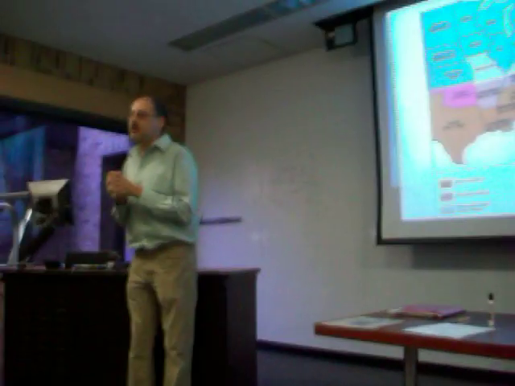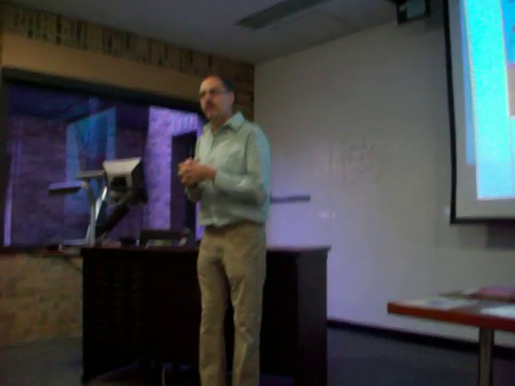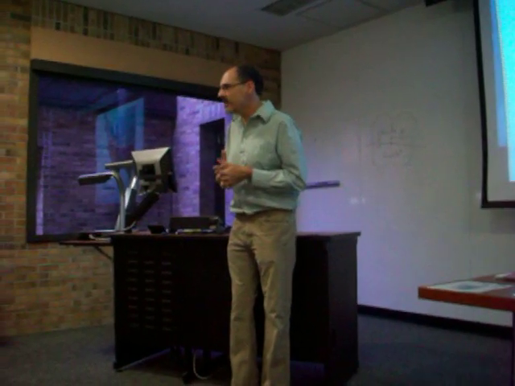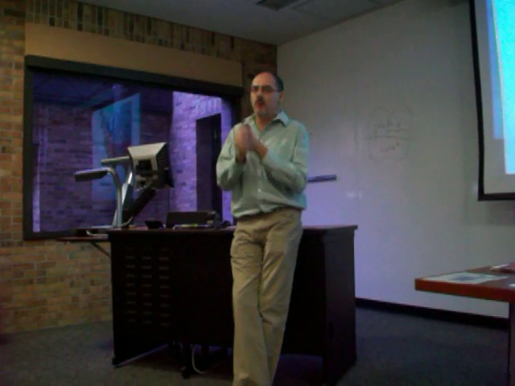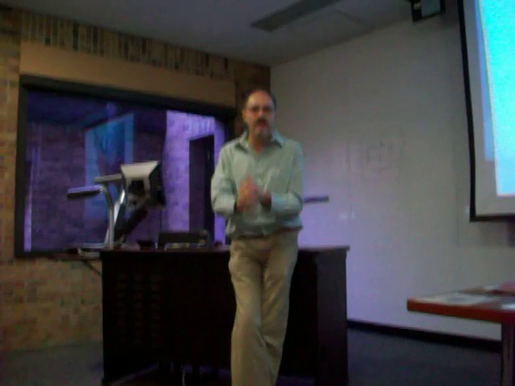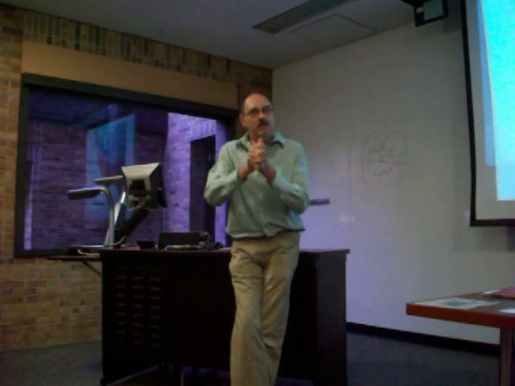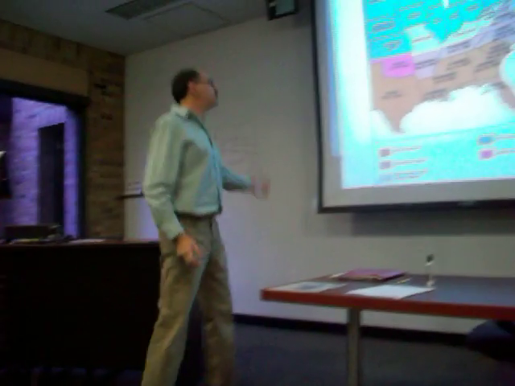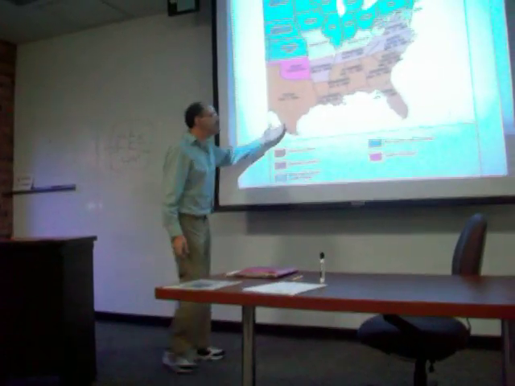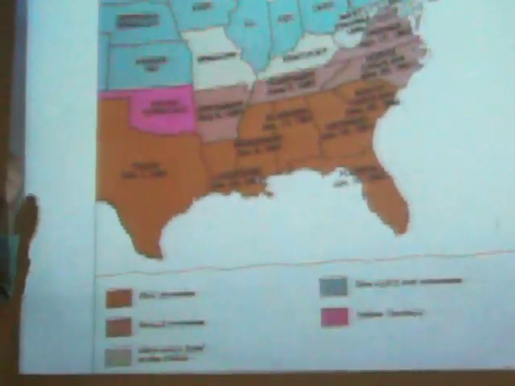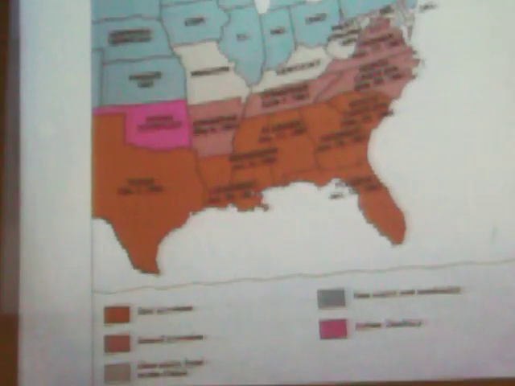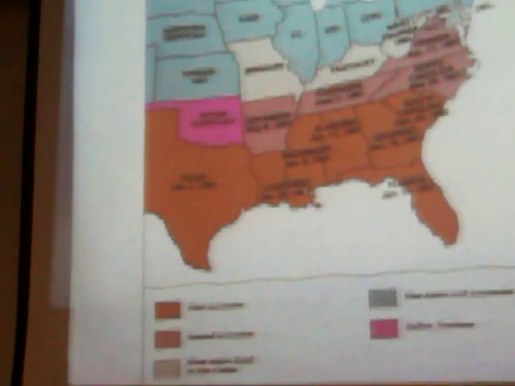Now, Lincoln is elected the first week of November, 1860. And of course, he is immediately the president. True or false? False. He's not the president until the third week of March. So Abraham Lincoln was unable to do anything to keep the South from seceding from the Union because he wasn't actually president yet. By the time he's president, it is the third week of March of 1861, and you see that every state colored dark brown on this map had already seceded from the Union before Lincoln could do anything about it one way or the other.